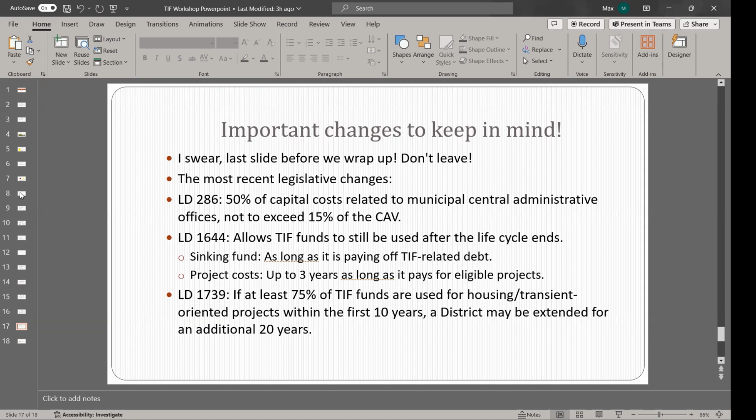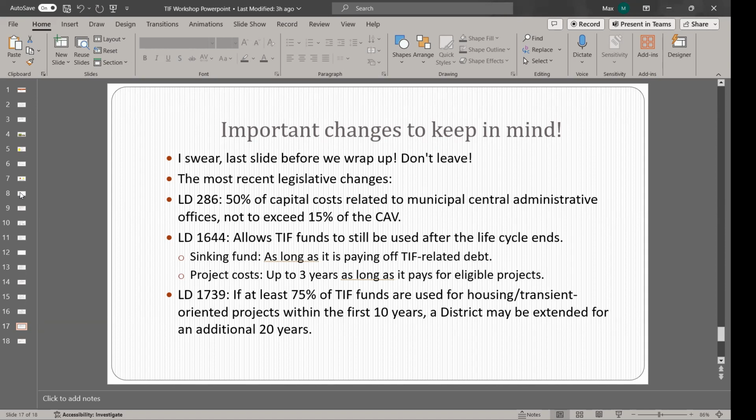Whatever's left, a piece of it will go to the municipal budget. A piece of it is going to go towards addressing any losses in school subsidies, any losses in municipal revenue sharing, and the increase in county taxes. That's what happens to that at the end of those 3 years. But before this was created, at the end of the 30th year, that's when the town had to put the money back into the general fund. So you get an extra 3 years to spend these remaining funds.